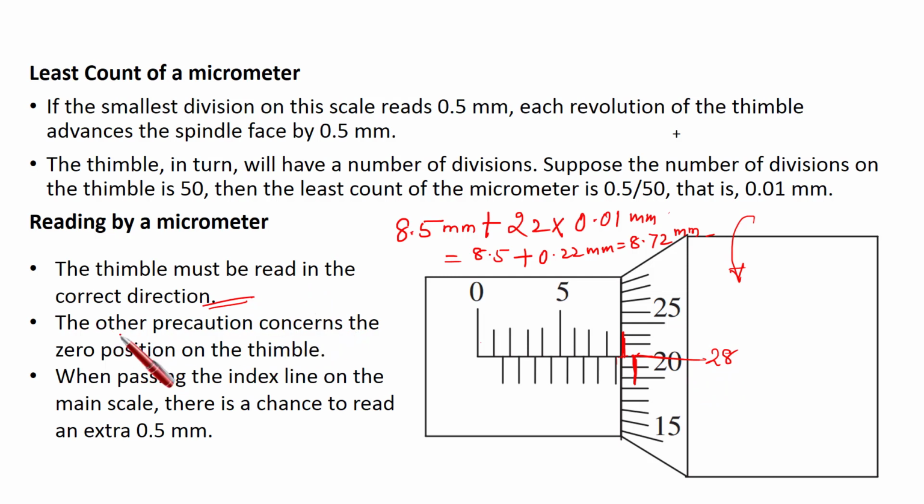Now the other precaution concerns the 0 position on the thimble. Where the 0 is lying, from which side you are going to read. And when passing the index line on the main scale, there is a chance to read an extra 0.5 mm. This also we have to take care of. What is the meaning of this? What happens sometimes